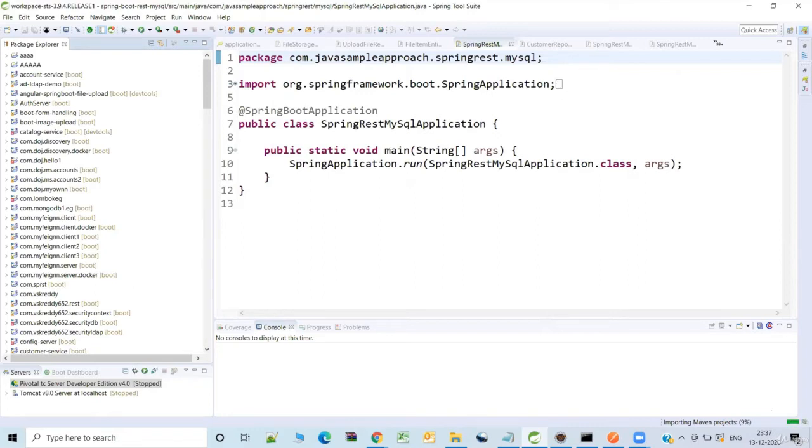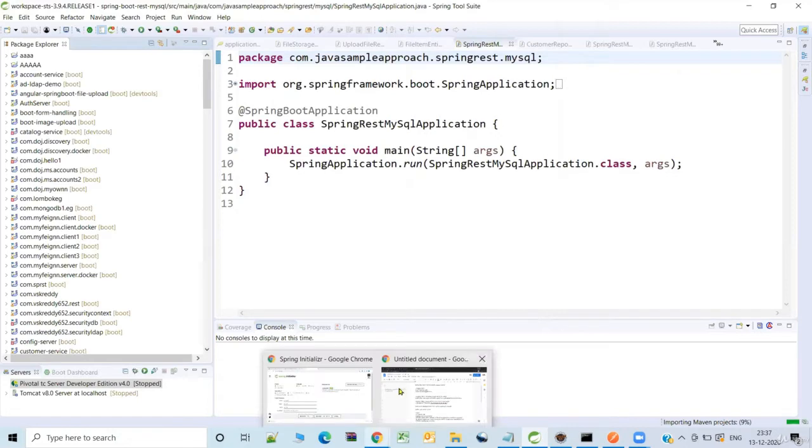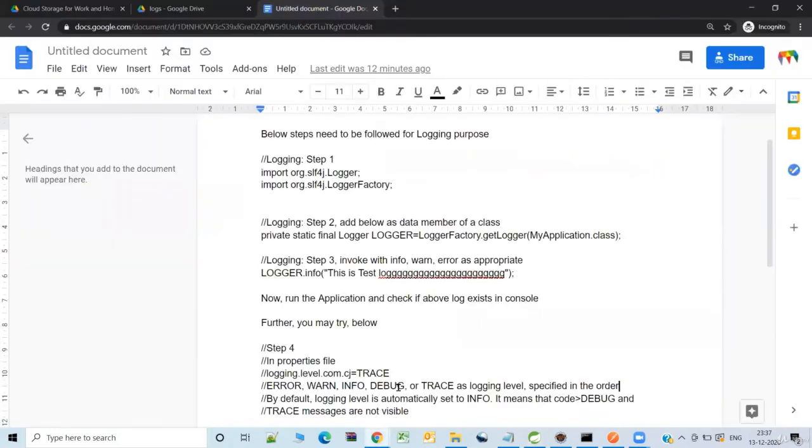Meanwhile, let me brief you on what are the steps required to add logging to your Spring Boot application. Okay. See, as it is detailed here, I'll also be attaching this document in this specific lecture. So let us just go through what are the steps involved in enabling the logging. So the first and foremost is you need to import these couple of packages, these couple of classes, or you can import as import org.slf4j.star. Okay, right. SLF4J stands for Simple Logging Facade for Java, which is available inbuilt in the Spring Boot.